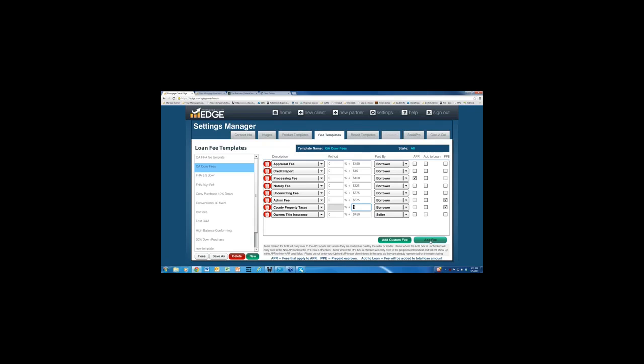You can always add a fee. If you realize you had forgotten a fee, go ahead and add it to the template here, and it'll be able to go forward with those fees. You can also modify it in any which way to have it set as a template for any future products. You could then go ahead and you have a Save As button here. And then on the FHA template,